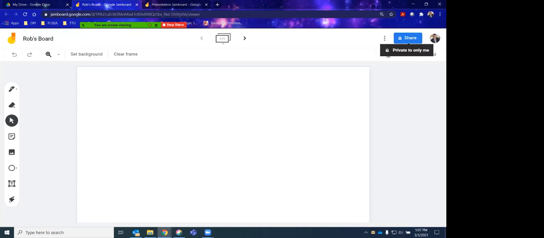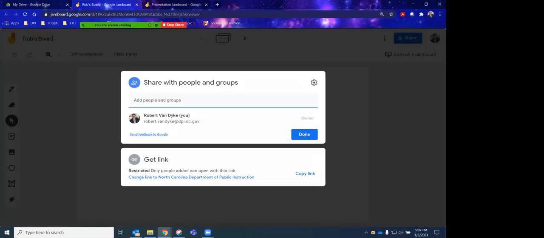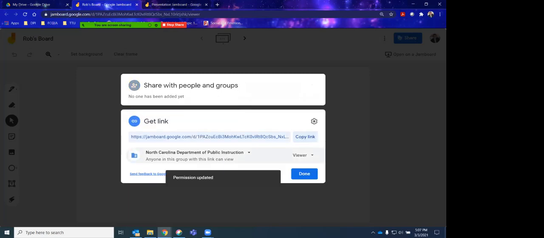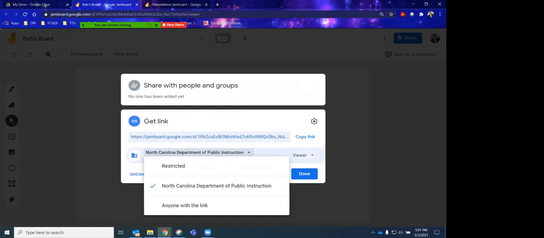To share it, you'll go over here to the share, just like we do with all of our other Google Docs. You'll go to share. You can share it with specific people if you'd like, or you can have it open to the public. You can copy the link. Remember, you can change who can have access to your Jamboard. It could be only people within DPI by clicking here. You can restrict it to only specific people that you share it with up above, or anybody with the link,